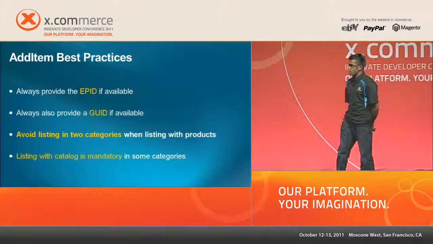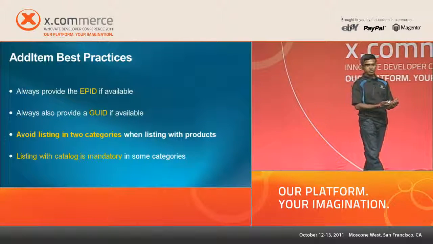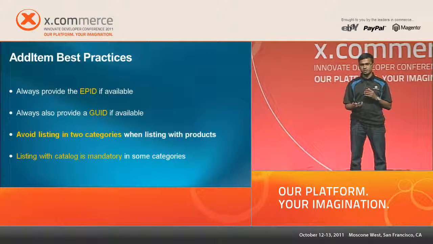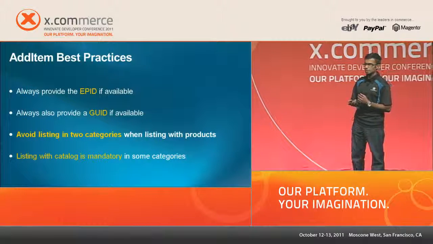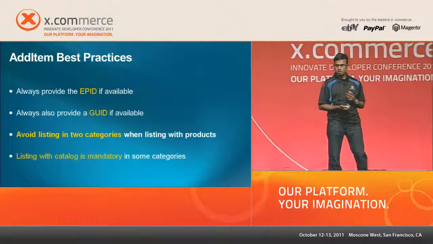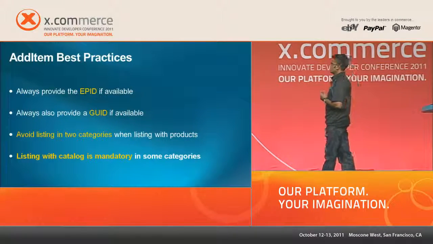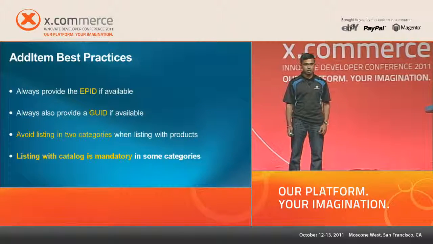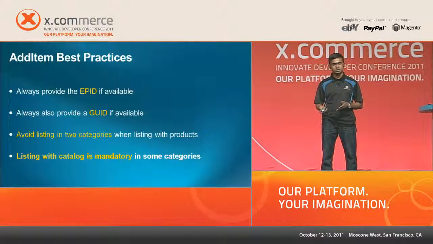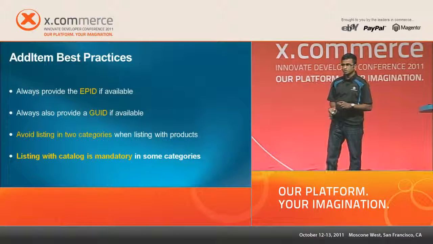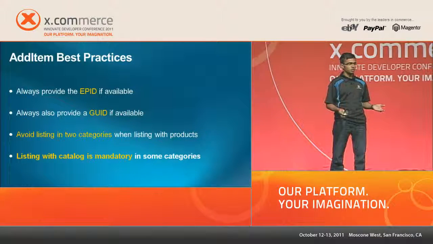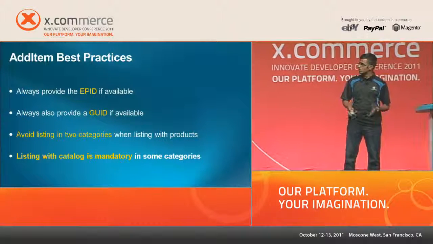And when you list with products, we automatically can derive the category where your item must belong. So as a result, it leads to a confusing user experience when you list in two categories explicitly. So not only is it confusing to the seller, the system also does not perform to its optimal state. And finally, we have started mandating the use of catalog in some categories. So in those categories where it's mandatory to use catalogs, you will not be allowed to list unless you associate a product to your item. So at this point, you may be wondering, what if you don't have my product in your catalog? Am I completely blocked? So that brings us to the next section,